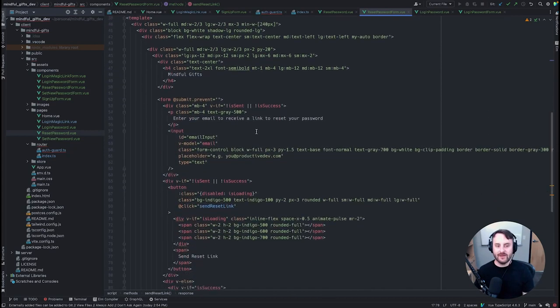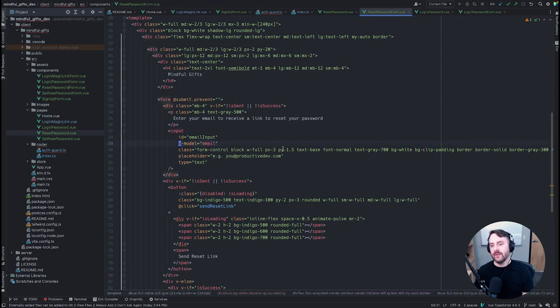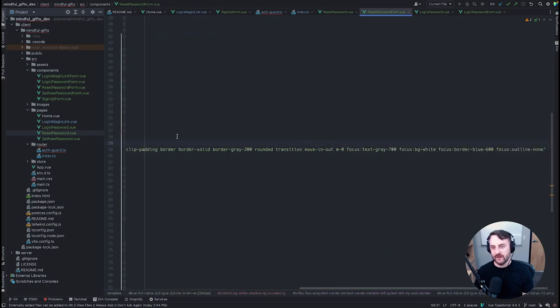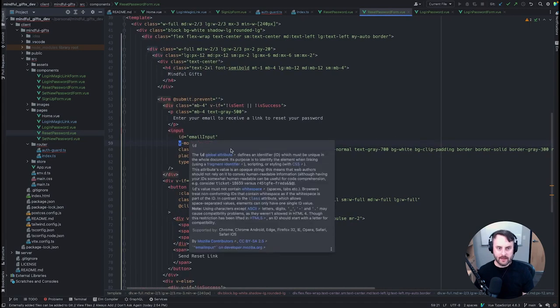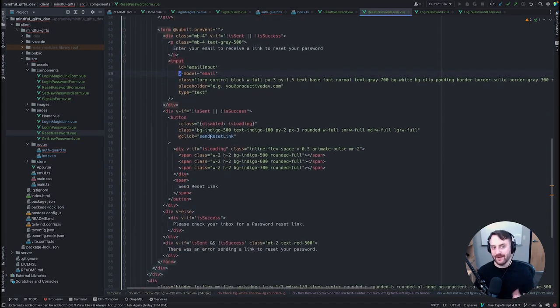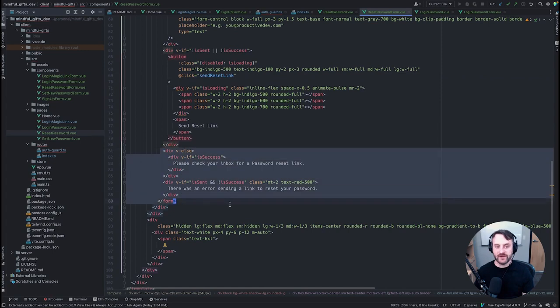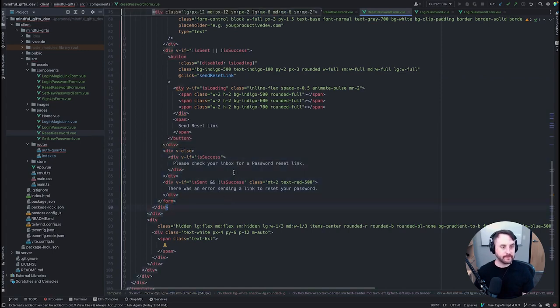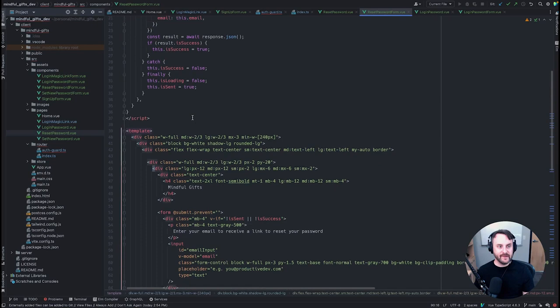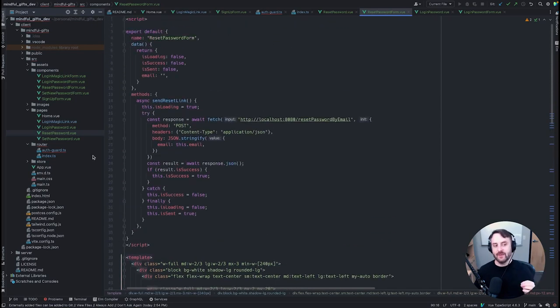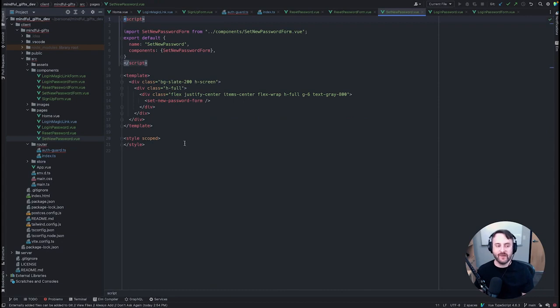And so all we need to do there is basically bind the email data and just to take a look at all the style here. When we click our send reset link button, that function is invoked. And then we can also show some errors here if we don't have a success response. Okay, so when a user receives that email, they'll then click a link which then returns them back to our application if they choose to reset their password. There, they're going to hit our set new password